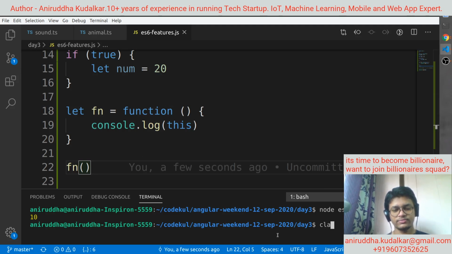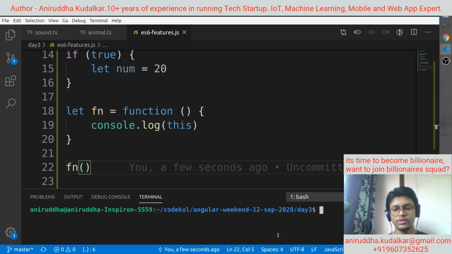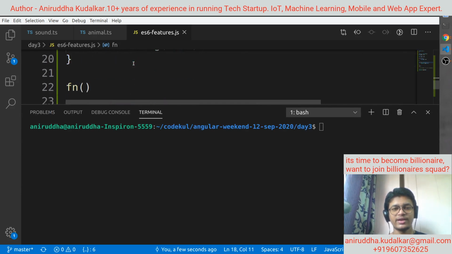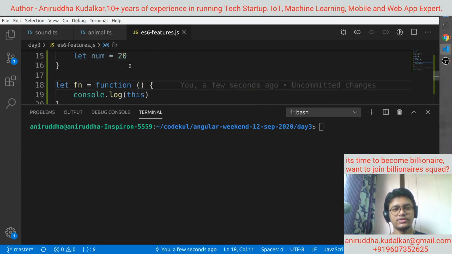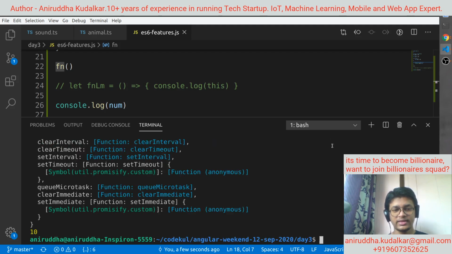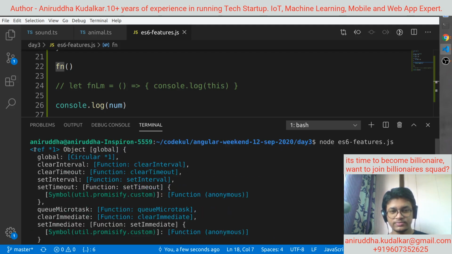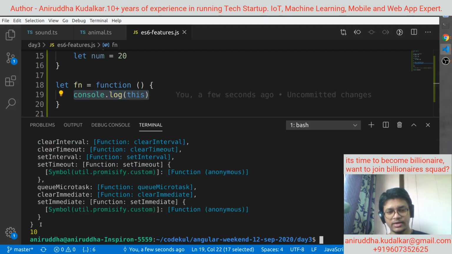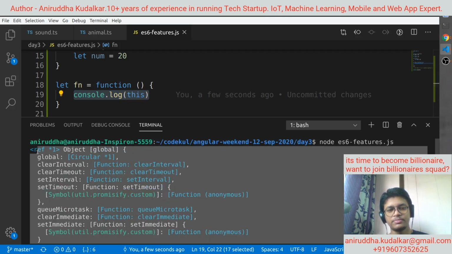Right? A function is assigned to the variable. If you see here, function is assigned to the variable. Here if you see, function is assigned to the variable. So if you want to call that function, you can straight away do fn like this. Now see, node like this. Can you see? This is the fn object. Sorry, this is the this object that you have printed over here. It's a global object and many things are getting printed.